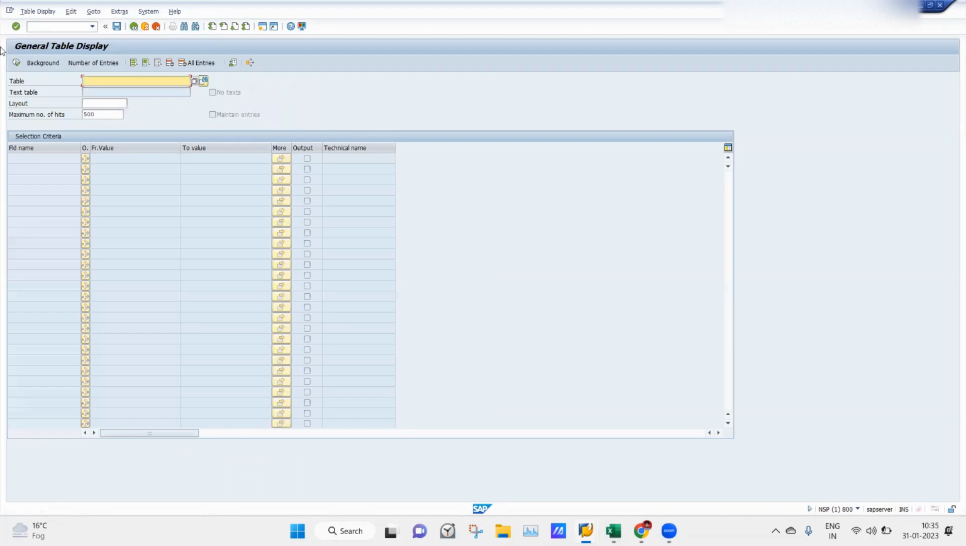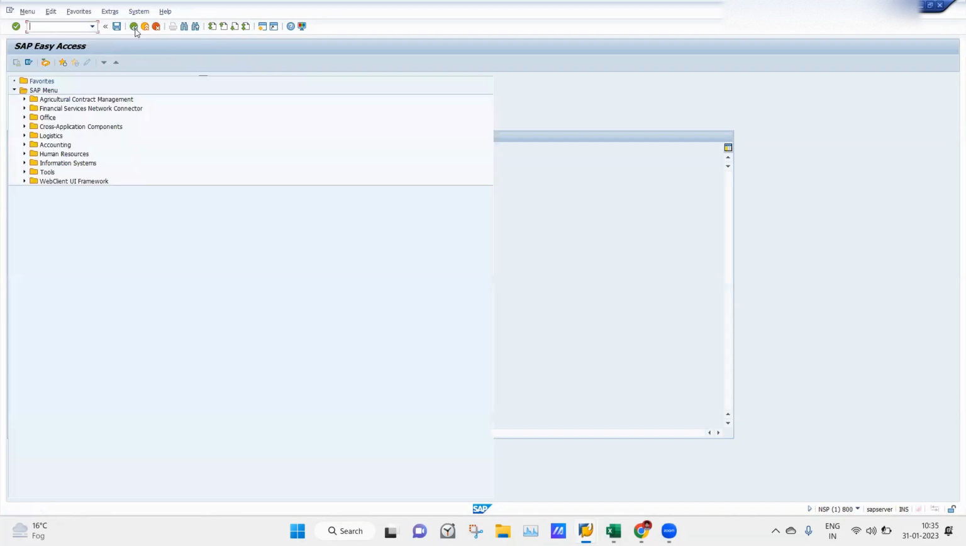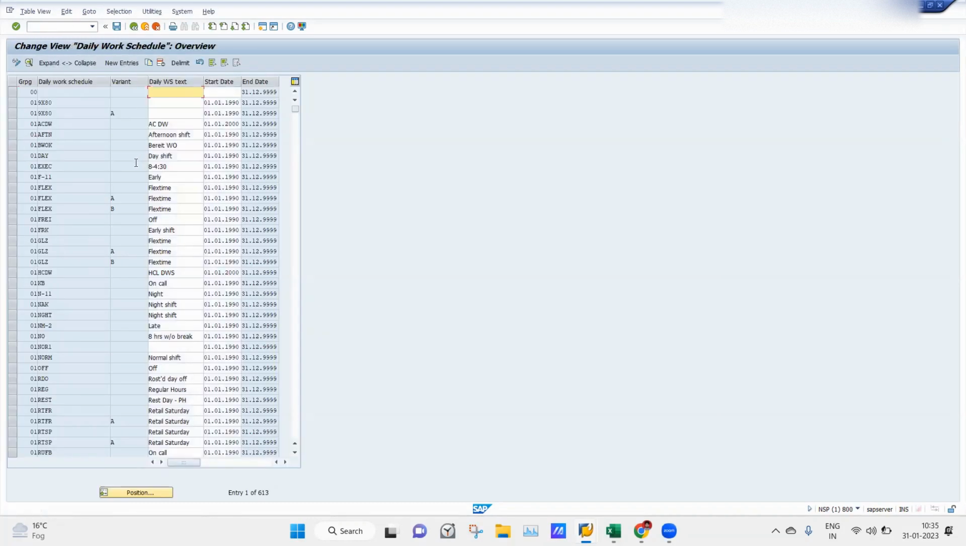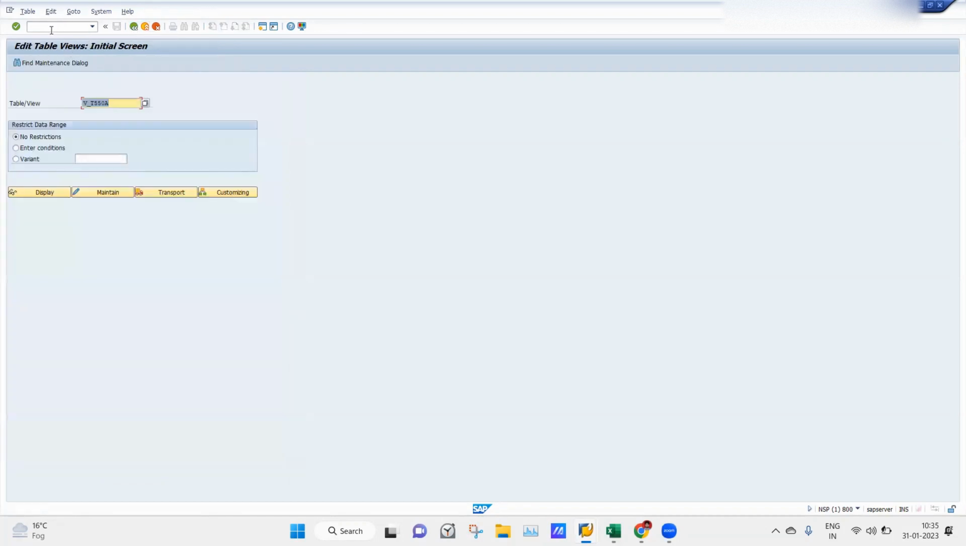In SM30 you can maintain your configuration and maintain some data. You can edit or delete the entries which are not required, or you can also delimit them. SE16 is only for display and reporting, right? Yes, exactly. Through SE16 you can